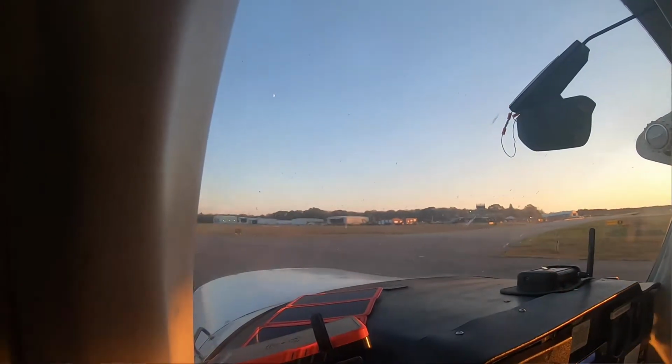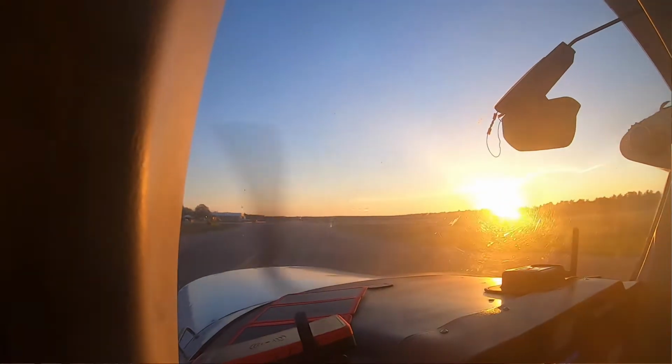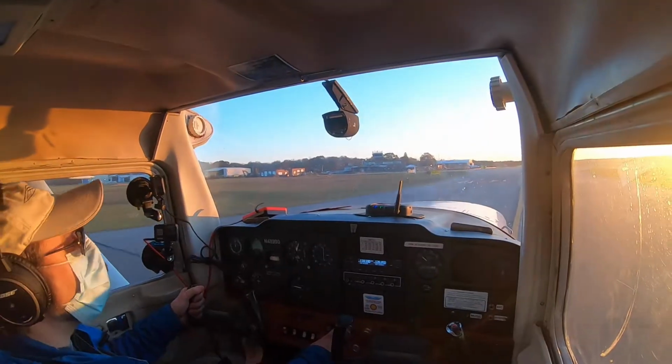Like revisiting an old friend here in 990. I haven't flown this plane in months. I've flown the other 152, so it's not like I haven't flown a 152, but...